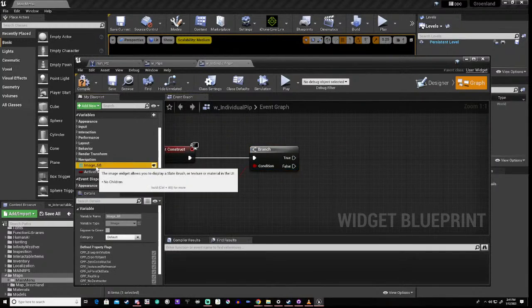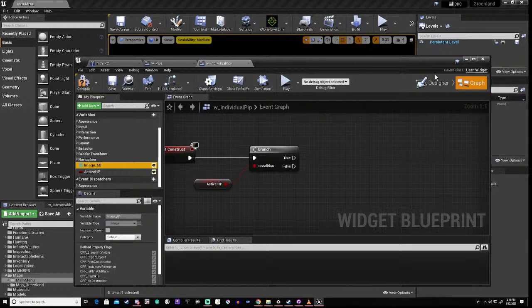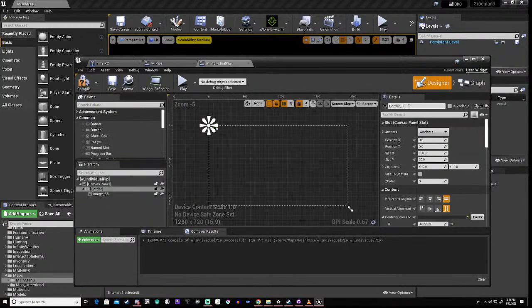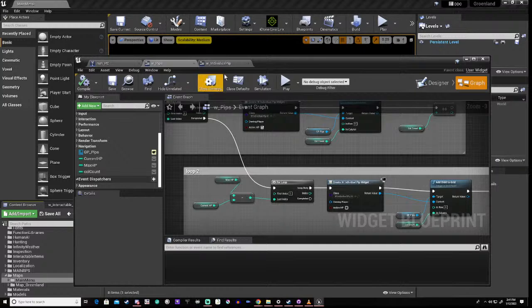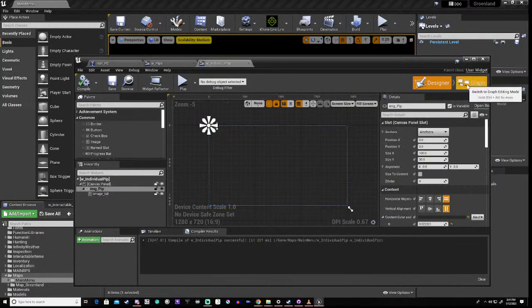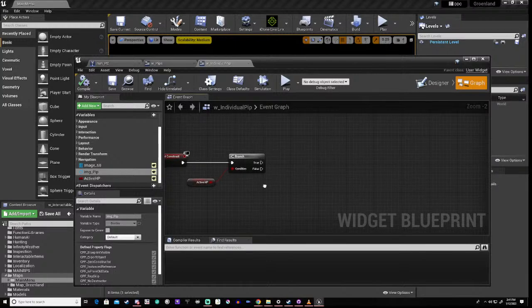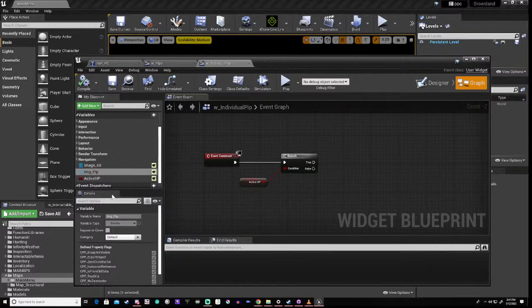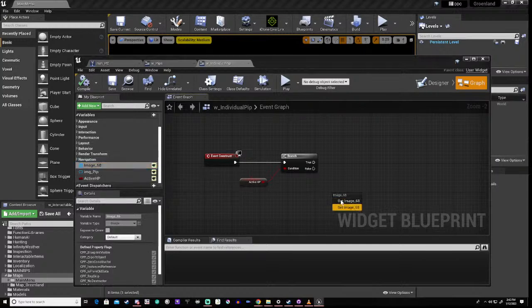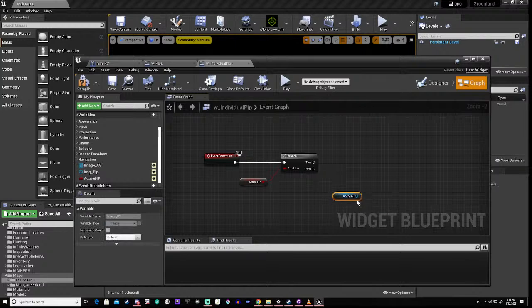Then what I'm going to do here is this image, I'm going to make it a variable so that we can actually change it. So we're going to call it image pip is variable. We're going to go back to your graph. So if it's true, we're going to do nothing, right? We're going to leave it exactly as it is. We like our color, we like everything else. But if it isn't active, we're going to grab our image,